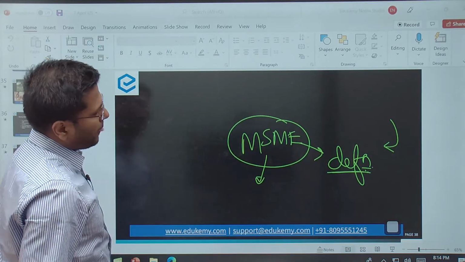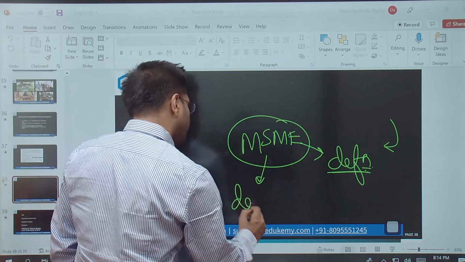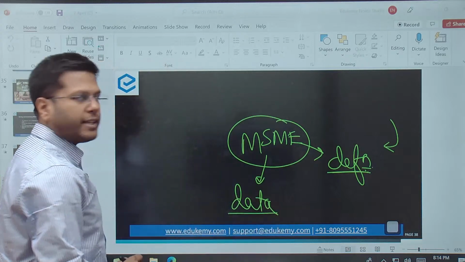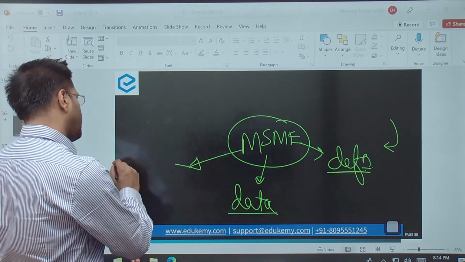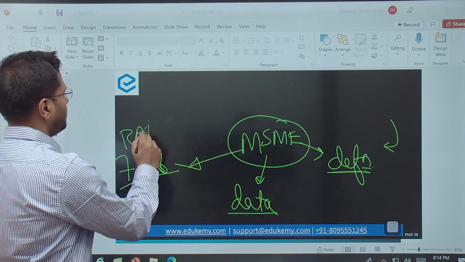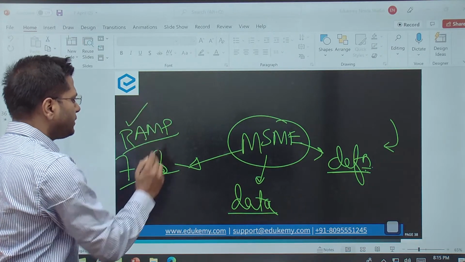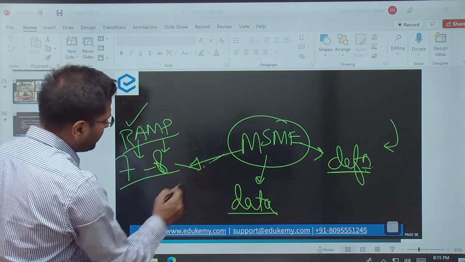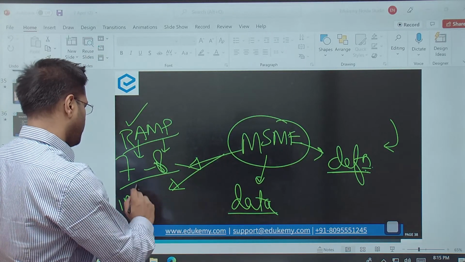Along with that, MSMEs, what would we understand? We understood the data about MSMEs: 10, 30, 40 and 6. What did we understand? We understood at least 7 to 8 schemes which are relevant and related to the RAMP scheme. Raising and Accelerating MSME Performance program. So how do we do this? We understood 7, 8 various schemes, and we also gave examples of the kind of industries that could participate in this.